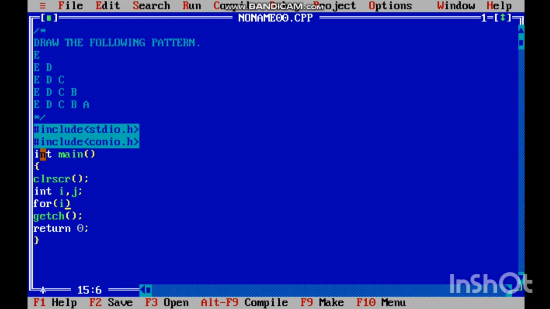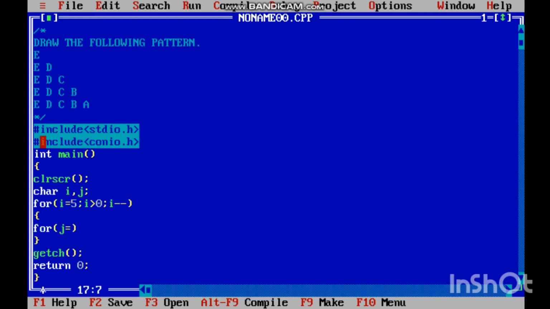In this inner for loop we also take three parameters, and we initialize the j variable, j equals to 6, and check the condition if j greater than or equal to i, and j decrement to 1. Inside this inner for loop we print the j variable of the inner for loop, because this is a column-wise pattern. When you have a column-wise pattern, you always print the loop variable, that is j, and j plus